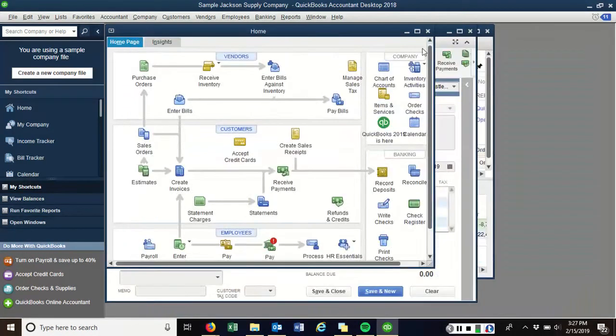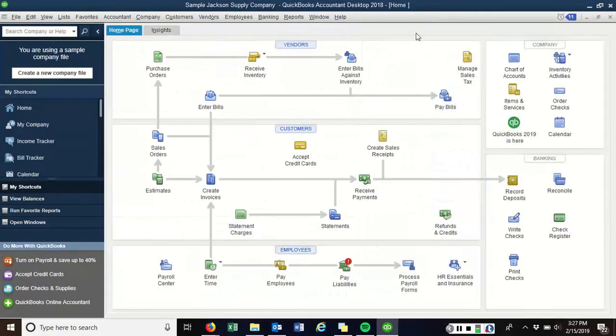So Chapter 6, we're going to focus on the purchases and cash disbursements cycle, mainly with a business that has a product or inventory as what it's in business to do. So if you guys want to get into Jackson Supply Company,